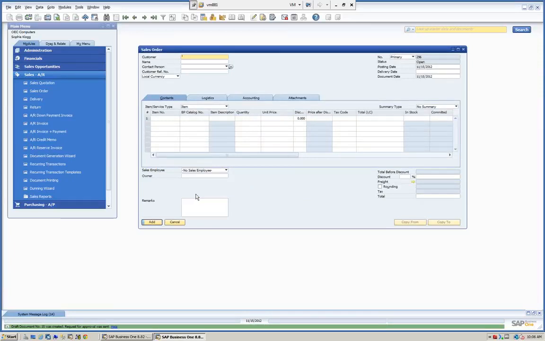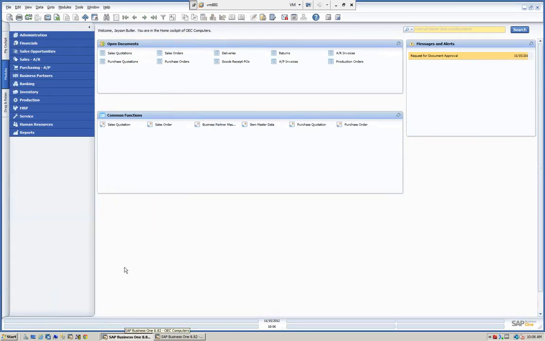So our sales order screen is clean. We can go and enter our next sales order. What I did is the sales order did not get deleted. It's sitting in a draft mode, so we can come back. But what I did is I stopped the process because now I have to get authorization. So again, in real time, I'm going to go back to